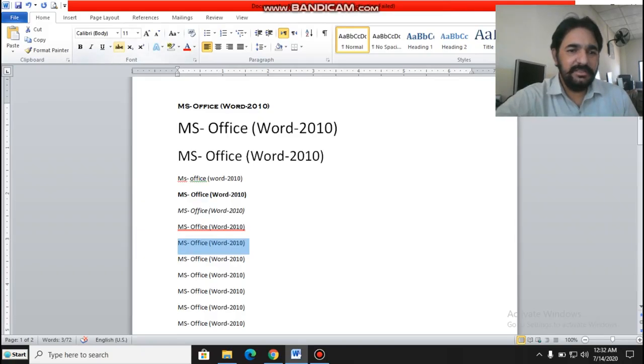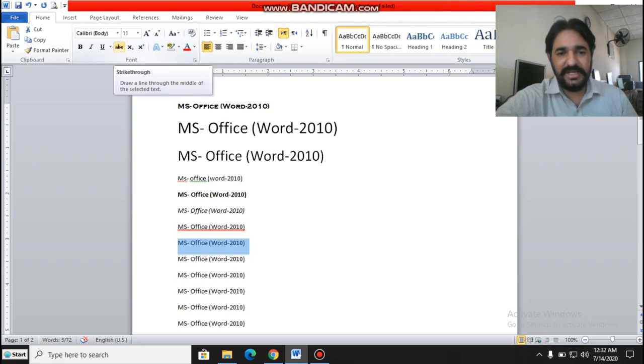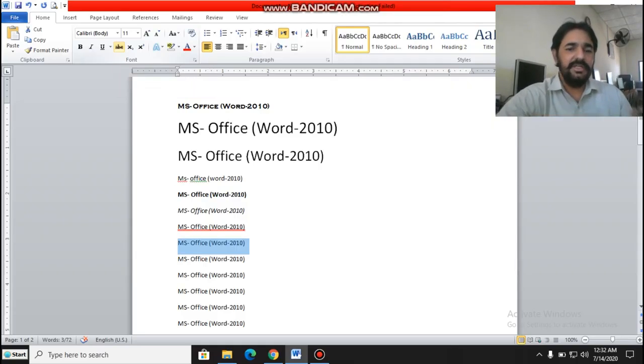Other functions are strikethrough. Normally we use this when we are checking essays, or if you want to say skip these lines, skip this word, and you are working online with your students, then you can use this, and students will understand I have to skip this word or this paragraph.